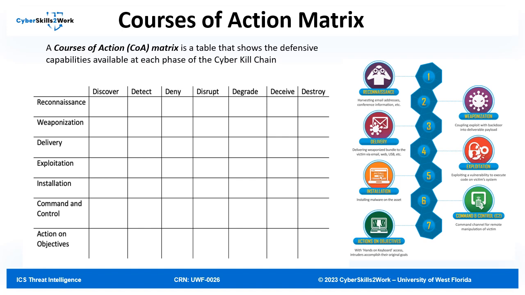These defensive capabilities are the following: discover, or identify adversary's past activity; detect, or identify adversary's current activity; deny, or prevent adversary's activities; disrupt, or interrupt adversaries' activities or flow of information;